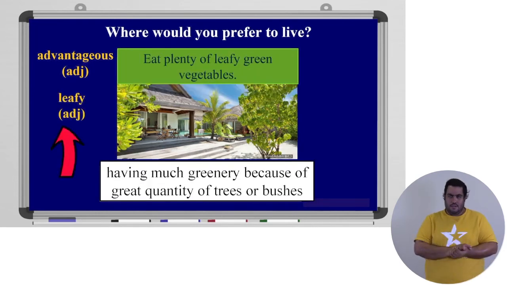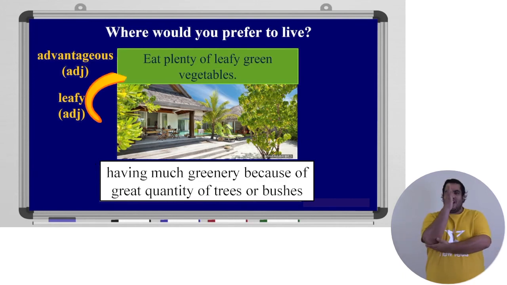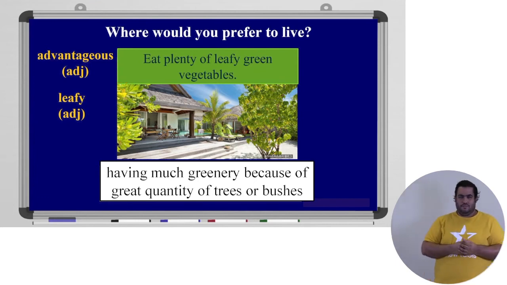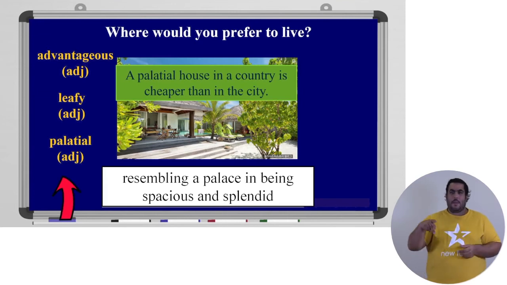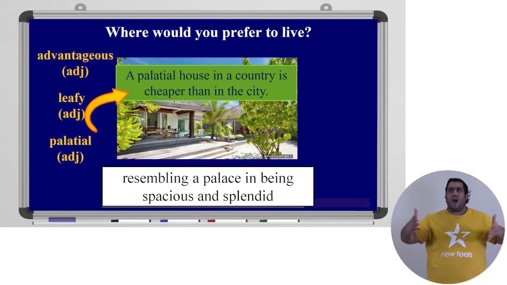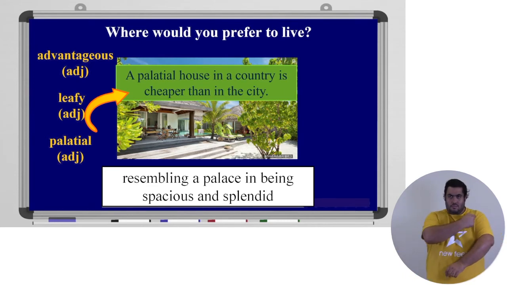I can say a leafy place, which means having much greenery. Example, eat plenty of leafy green vegetables. Palatial. Palatial means a place that is very spacious. For example, a palatial house in a country is cheaper than in the city.